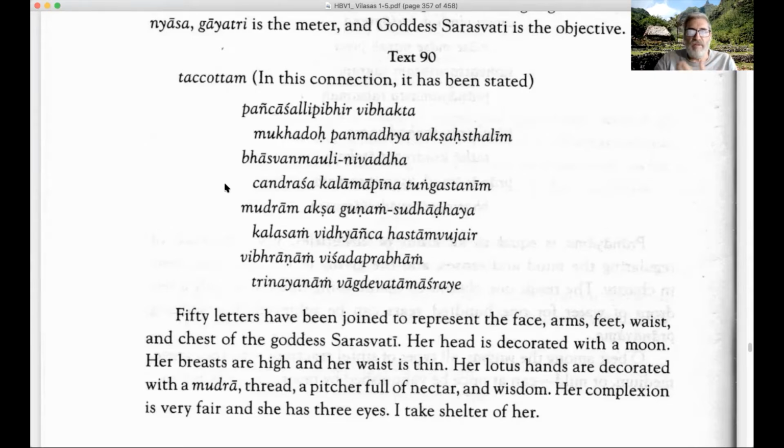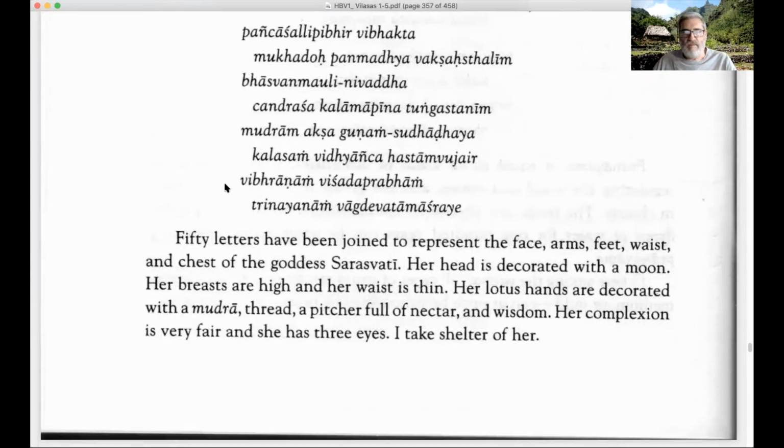And then after you do that, you do a dhyanam, a meditation on the particular deity which is being propitiated by the mantra. So this is the dhyana mantra here, meditating on Saraswati and how she has 50 different parts to her, which are each considered to be a letter of the Sanskrit alphabet.